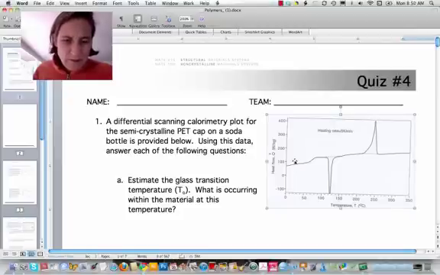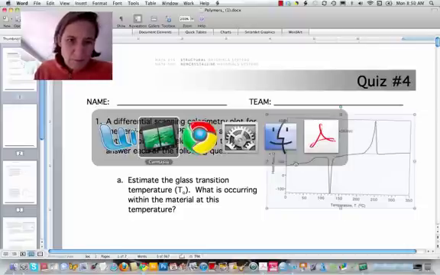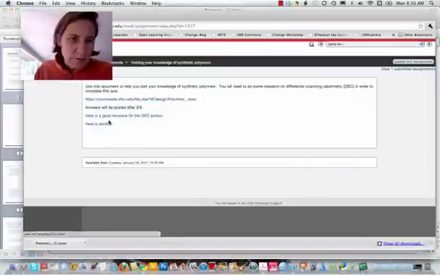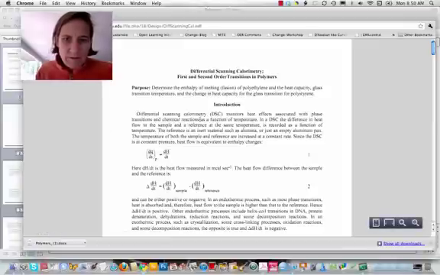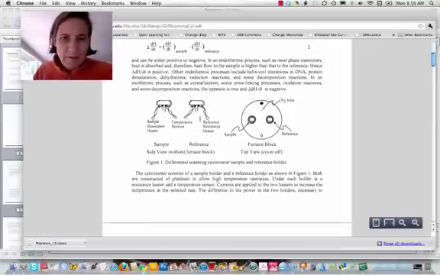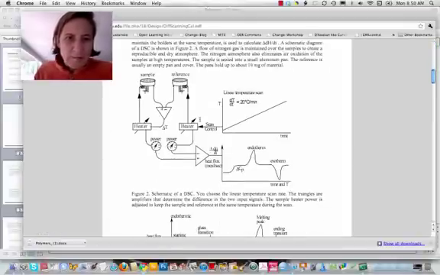So this first question is on differential scanning calorimetry, and I'm going to go to one of the documents on Moodle to show you the schematic of a differential scanning calorimeter. So this image shows that in this particular device you have a sample and a reference, and both of these have attached to them a heating device as well as a thermocouple, and the thermocouple is connected to a series